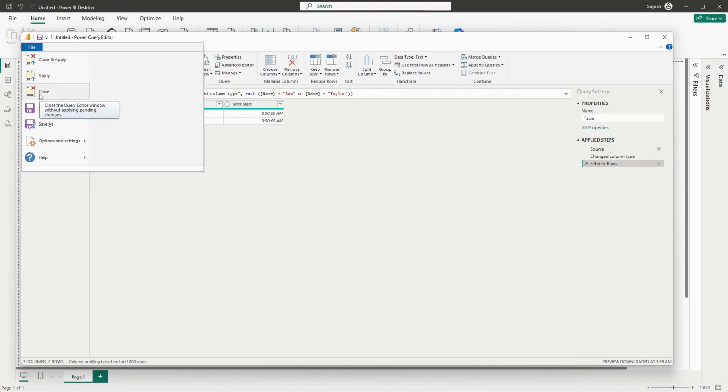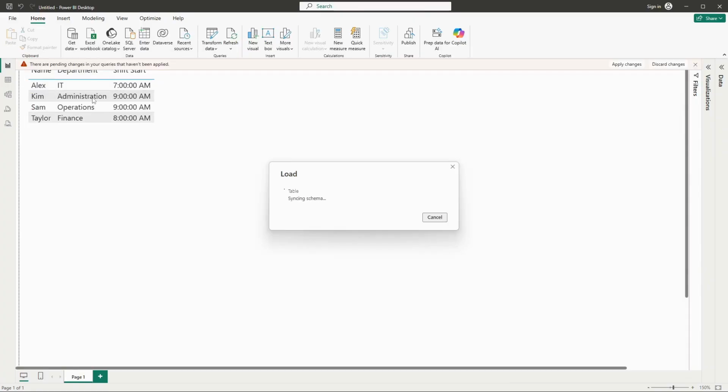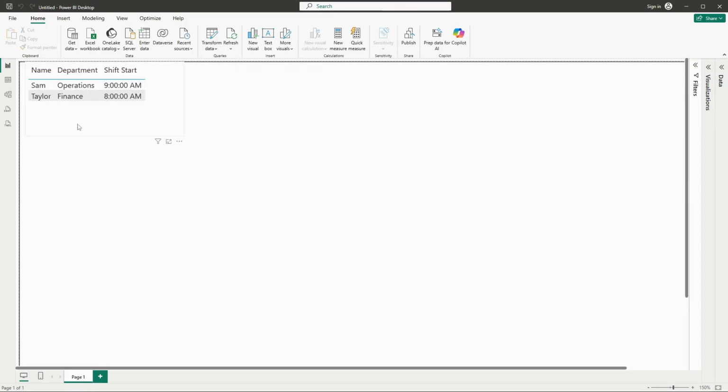For this demonstration, let's try Close and Apply. Click on that option now. As you can see, the changes you made are now reflected in your Power BI visual, and the Power Query Editor window has closed. This is a crucial step in ensuring that your data is saved and ready for further